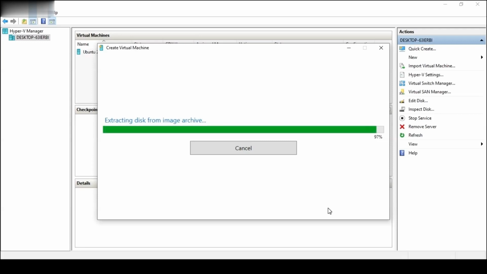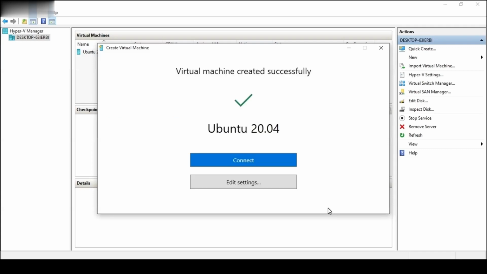So it has extracted the image. It is configuring the virtual adapters and the virtual hard disk. Now it has been installed and then we will connect to the Ubuntu 20.04 virtual machine.